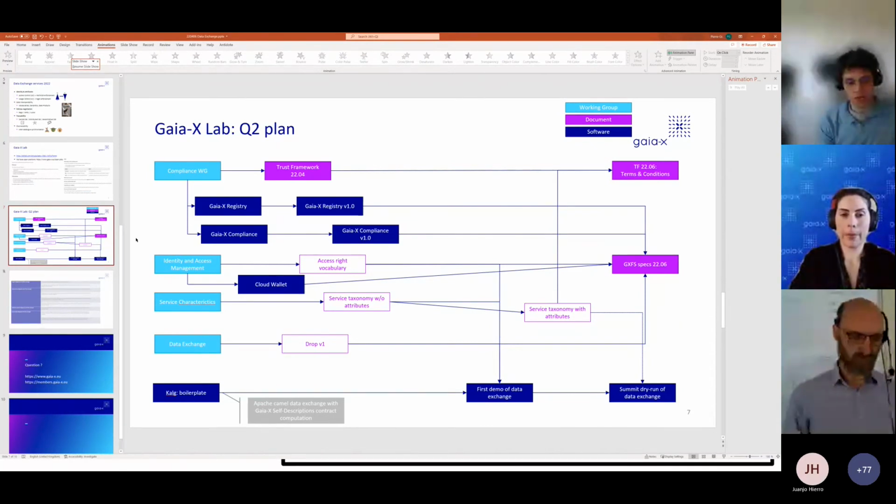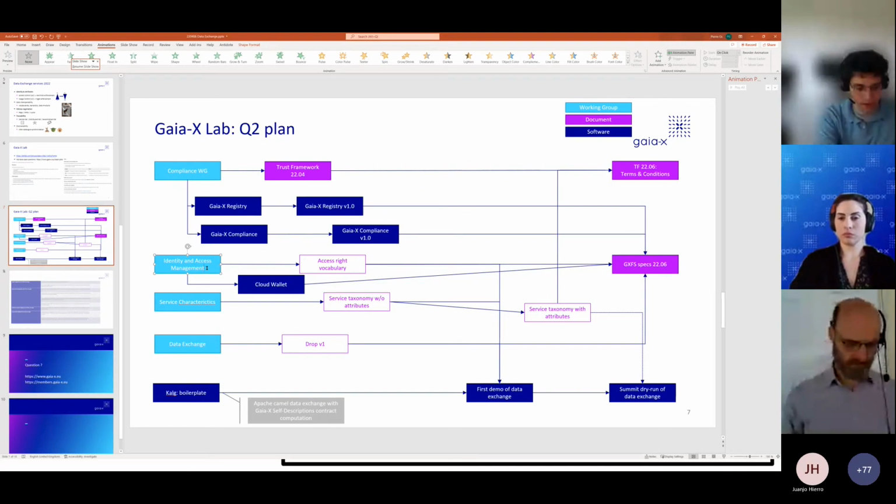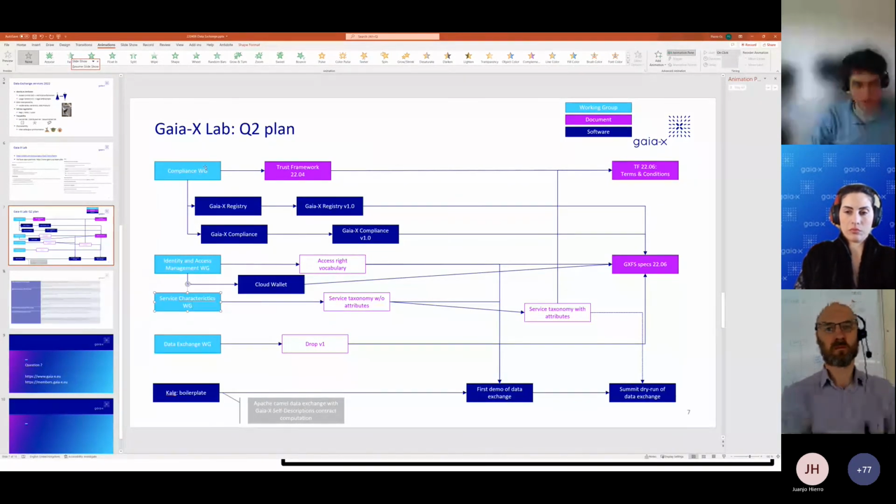I strongly encourage you to join the data exchange working group and the identity and access management working group, where we define the vocabulary for enabling that. And if you are interested in what makes Gaia-X compliant, then the compliance working group. We need technical experts there also on data exchange for the compliance.